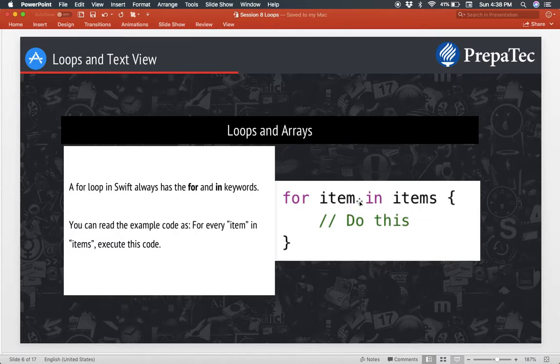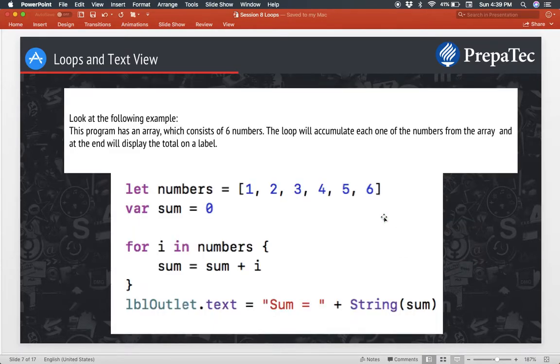So item can be anything you'd like. It can be a variable i, it can be an x for x in items. It just has to be anything that holds, like, for every x thing in our list, do these instructions. So an example,